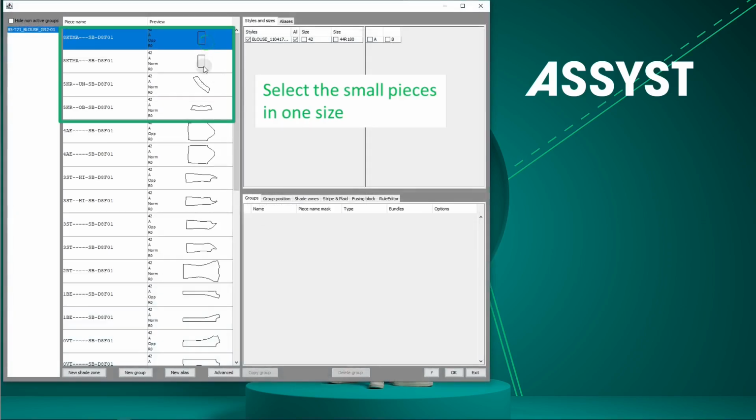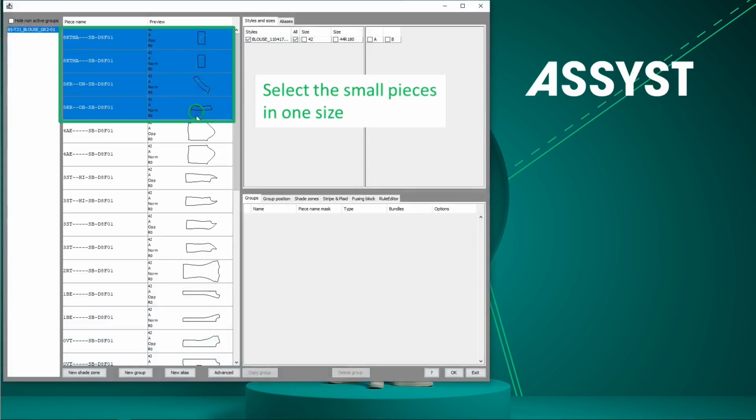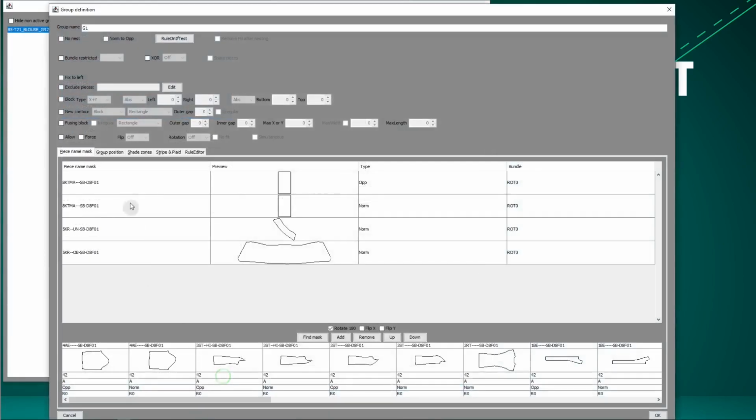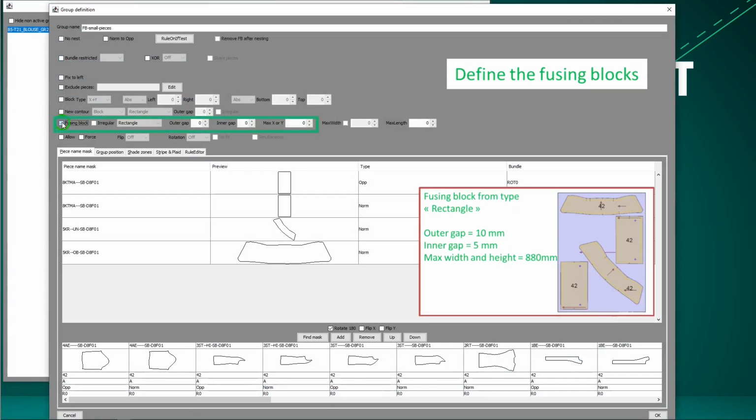Select the small pieces of one size, for example the collar pieces. Everything you will now define will be valid for all pattern sizes. Click on Advanced. Give a name for the group. Define the fusing blocks. This should be rectangular blocks with an outer gap of 10 mm